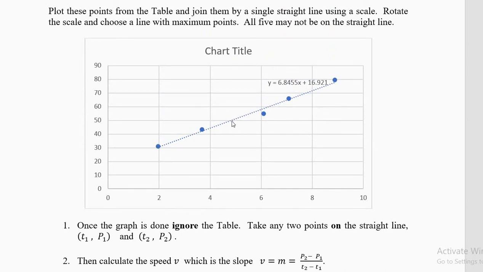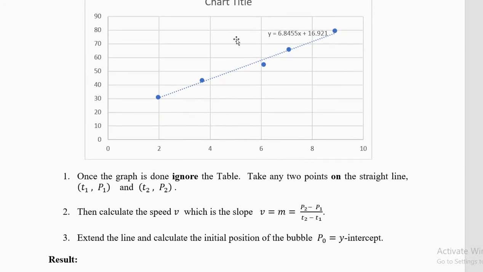Now, normally I take corner points because corner means the number is full and the graph slope calculation is easy. So you can take any 2 points on the line. Do not take these 5 points. You should take some different points. It is better because these 5 points are not exactly fitting the line. So one of them is little above, one of them is in the center, one of them is below. So take 2 points like the corner points.